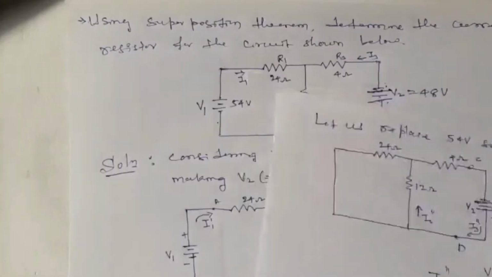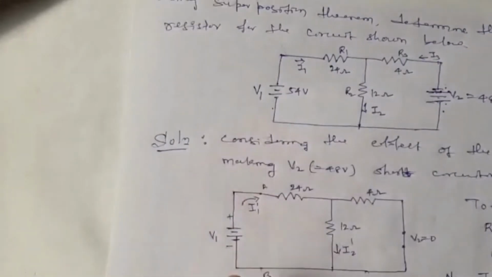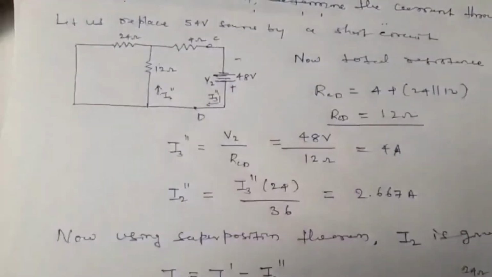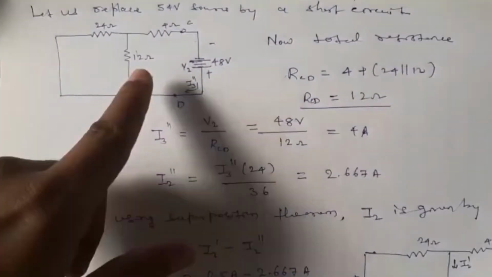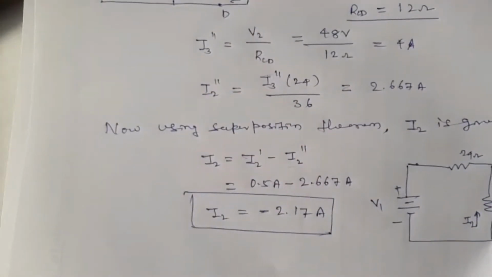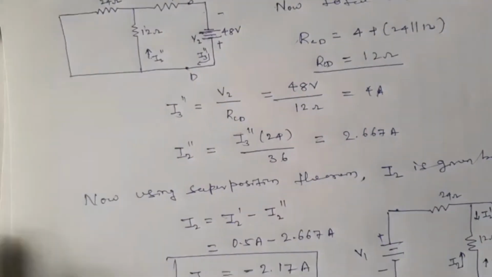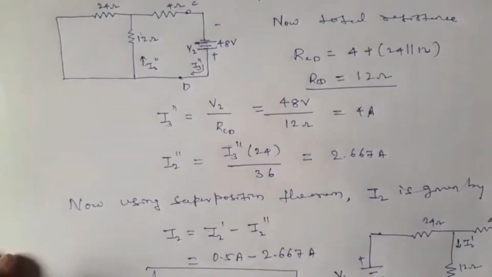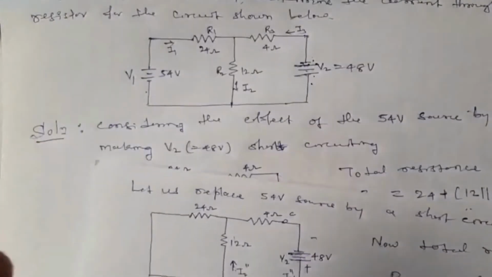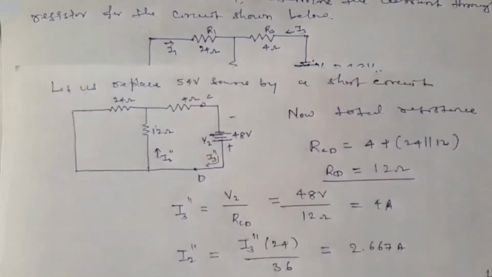But using this superposition theorem, considering only V1, we found the main current and later the branch current, and considering only V2, we found the main current and later the branch current. Then later we added both the branch currents to arrive at the required quantity. So is it not complicated? Yes, dear students, just to demonstrate how the superposition theorem works, I considered a simple network. Obviously, for this network, simple mesh analysis and node analysis will give a faster result compared to the superposition principle.